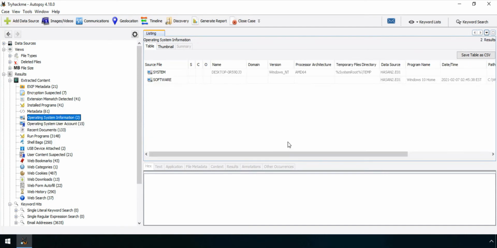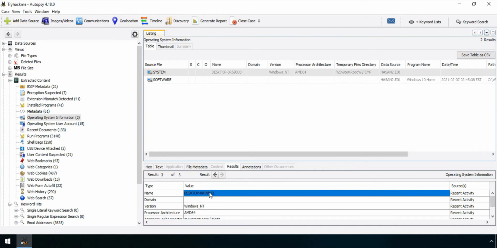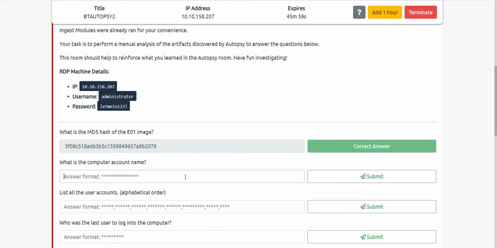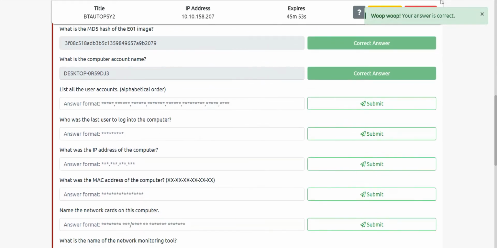These are the users' account names, but what we have to find is the computer's account name. Here you can see the computer has a name, which you can see: DESKTOP-0R59DJ3. I will just copy this and paste it here, and this is the right answer.